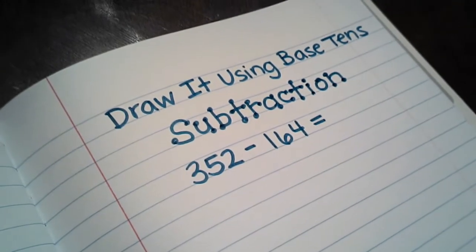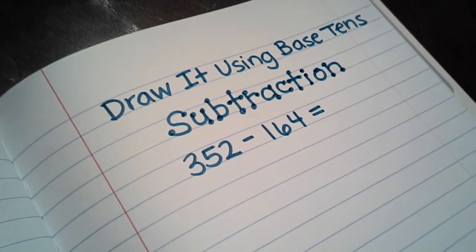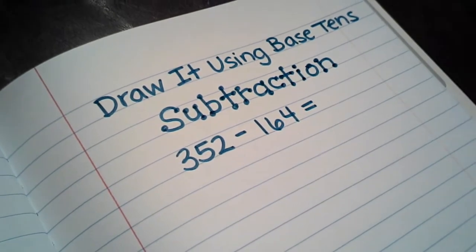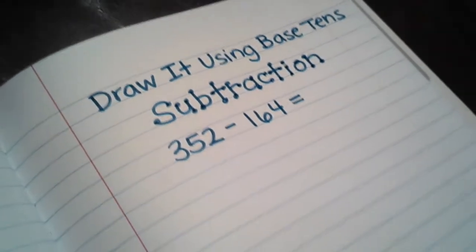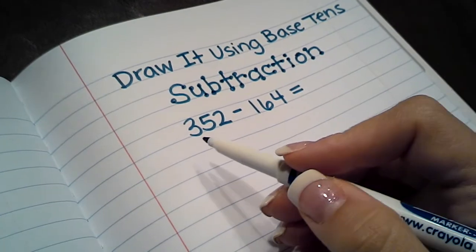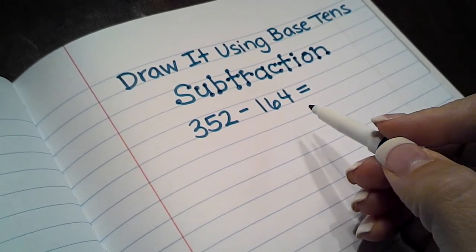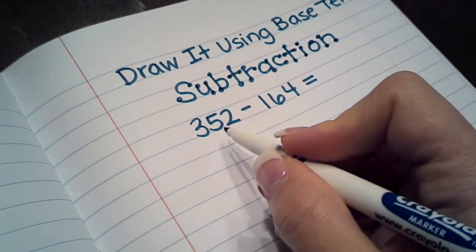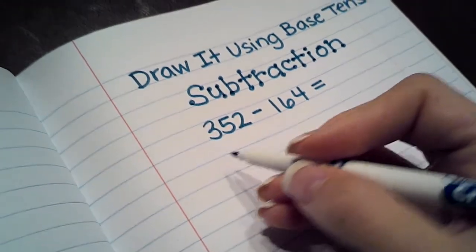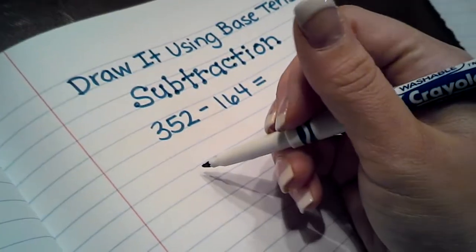Okay, in this video I'm going to show how to subtract using base 10 drawings. When you're subtracting, you only draw the first number. So if I'm solving the equation 352 minus 164, I'm only going to be drawing 352. So I'll represent 352